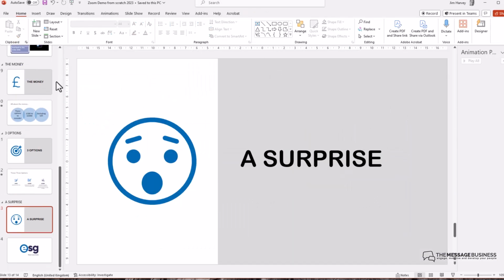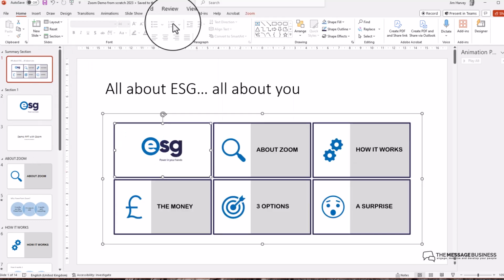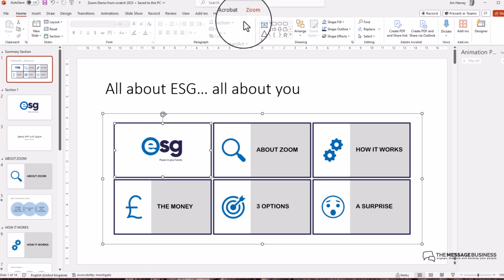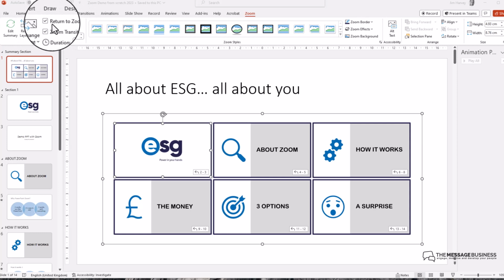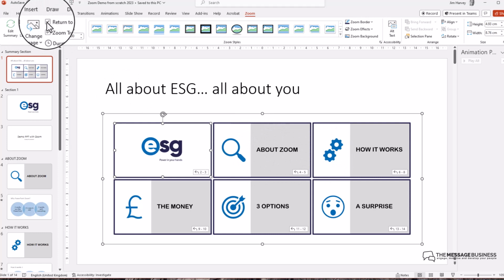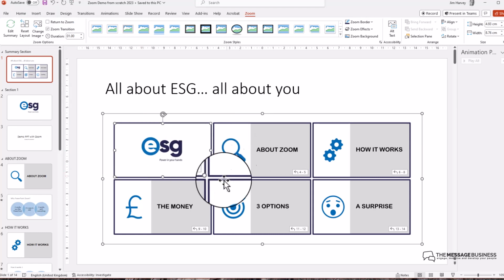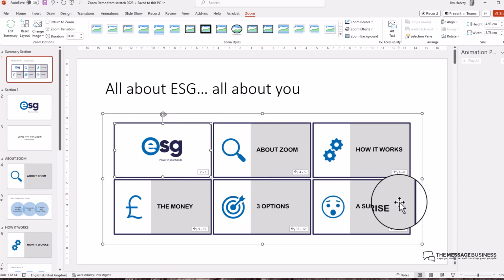Okay. Now once you've created the zoom, interesting thing that you can do is you'll see that you've now got a zoom choice in the drop down menu box, and if we click on that you'll see that we get lots of choices and options in this box. So for example, if we were doing a zoom and we didn't want to return back to the index slide, we could just uncheck it, and so that every section that we had, so I've just disabled it for the first part there, and you can see now on each one of these slides you get an indicator